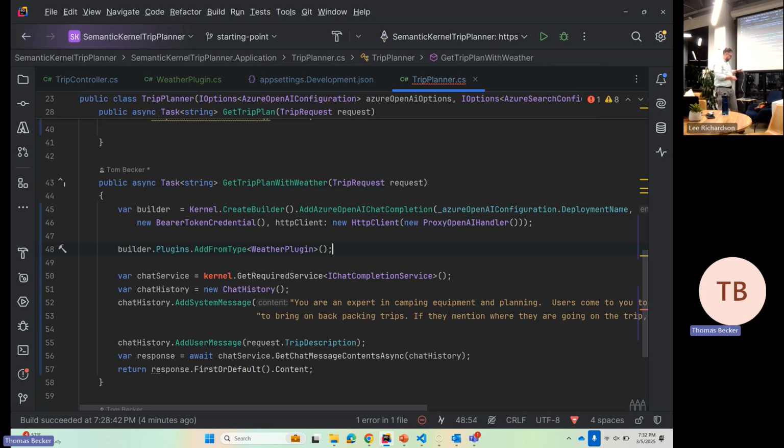So this weather plugin, we're going to add some execution settings here in a moment to tell Semantic Kernel when to call this. And we're going to use the auto invoke feature. So you can define